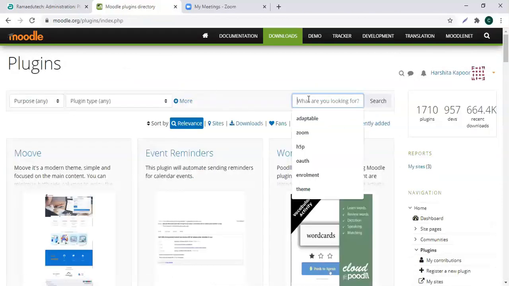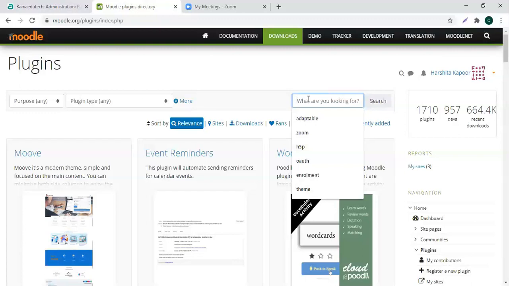Why download and keep it with you? Because tomorrow, if you accidentally delete something, or some part of your website is not working and you want to redo it from scratch, you would want the same plugins and the same Moodle with you, right? It also keeps a backup with you of all the plugins that you have already used.